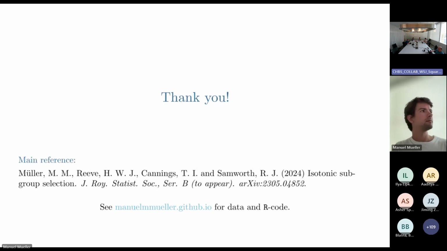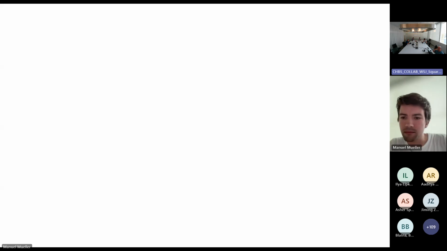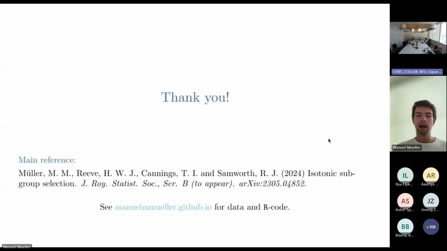There is already one question in the chat by Aditya. The restriction to the sub-Gaussian case, is it just for illustration in the talk? If not, what's the bottleneck in going beyond the sub-Gaussian case? Because those time-uniform boundaries certainly exist for more general tails. Yes, exactly. Right. And so that's an excellent point.